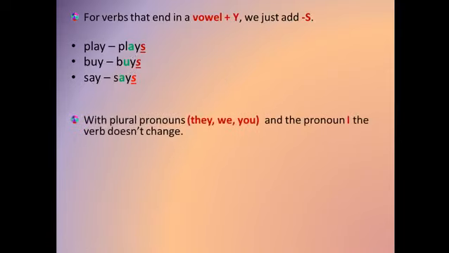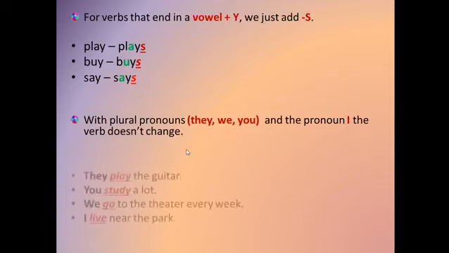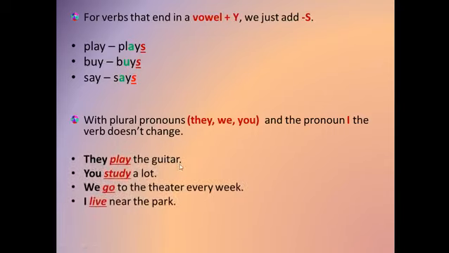Now, those rules that we said are all regarding the third person singular, he, she, and it. But if my subject is they, we, you, or I, the verb doesn't change. Like we said, it stays the same in the present simple. For example, they play the guitar. You study a lot. We go to the theater every week. I live near the park. Okay? So if my subject is they, we, you, or I, my verb in the present simple stays as it is. Okay, so let's revise quickly